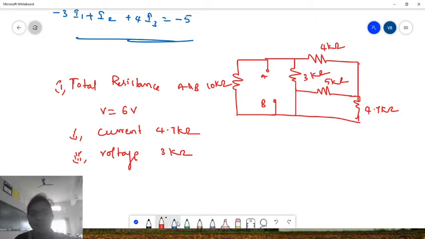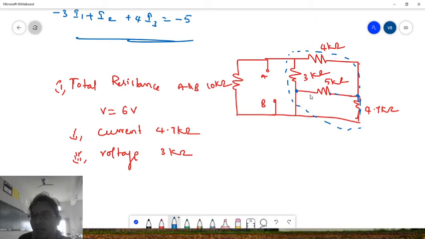So first, observe this network, leaving the 10 kilo ohms aside for now. You observe these 4 resistors. These two are connected: one end of the 5 kilo ohm and another end of the 4.7. These two are connected together, and here the 5 kilo ohm end and the 4.7 other end are connected. So how are these two connected? These two are in parallel.